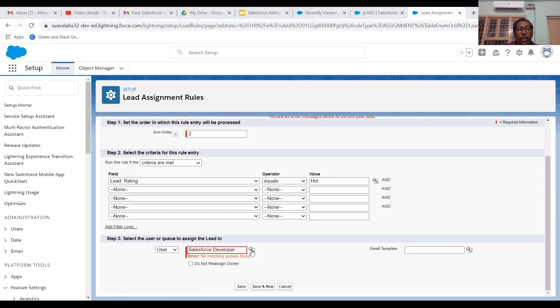Now what I'll do again, I'll go for the queue. Select for user.